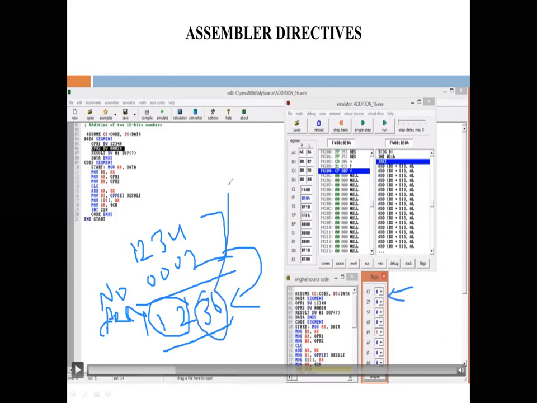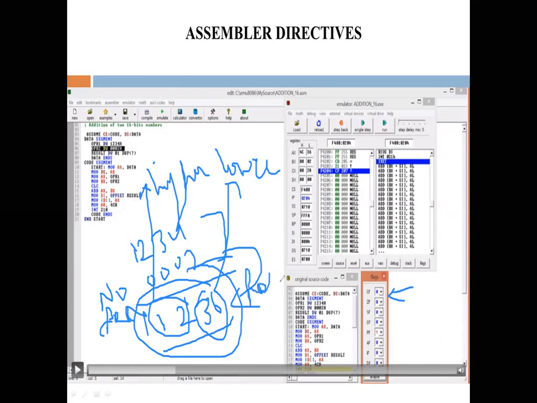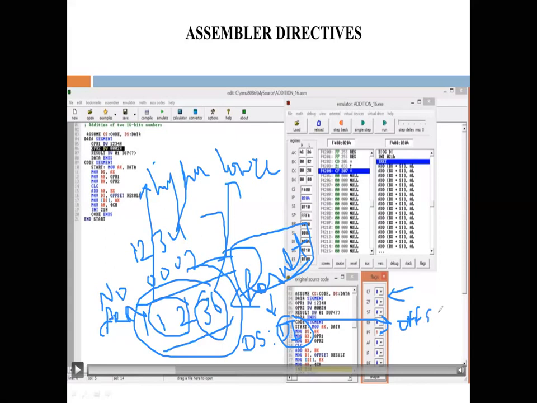Here, the 36 is stored at the lower address and 12 is stored at the higher address. The total value is stored at a memory location which is defined in the data segment with the name result. We can see the address of this memory location by the values of the data segment and destination index. The destination index will provide the offset address of result.